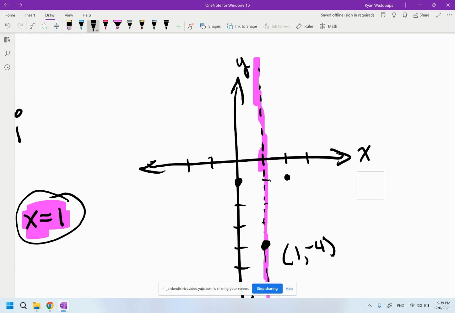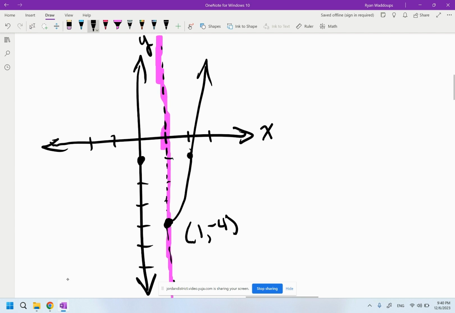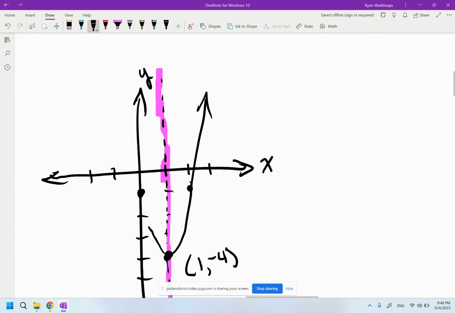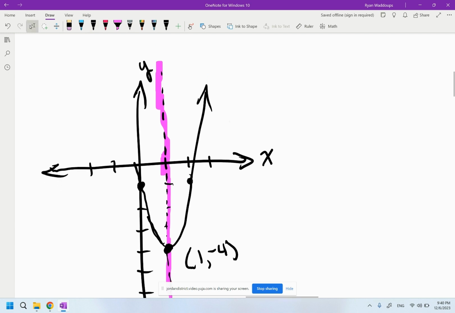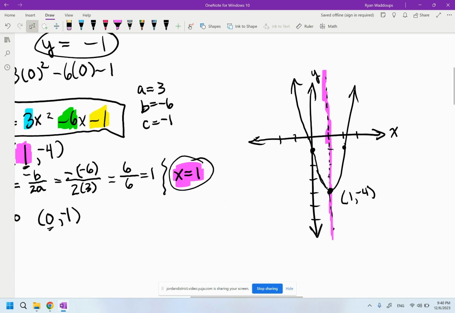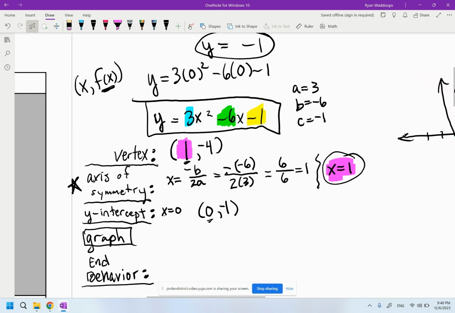Its vertex is right here, so it goes up from there and off in that direction. And then this one goes up through my y-intercept and goes up in that direction. And so this is a sketch, but that's what my parabola looks like. Now, in terms of its end behavior,